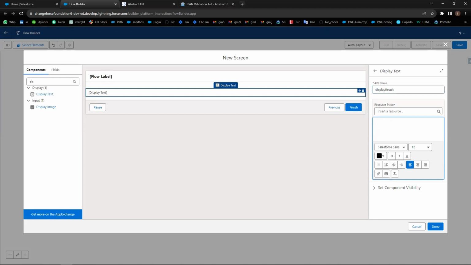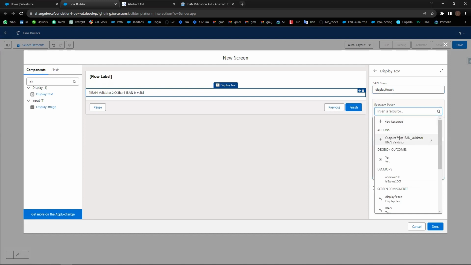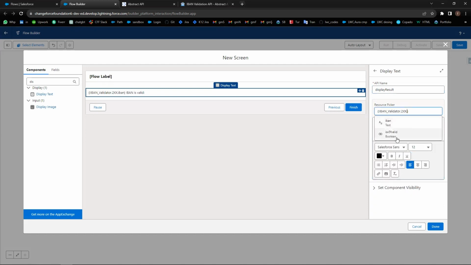Let's write simple wording. From the resource picker, we can choose 2xx. We go to action and we go to 2xx, and here we have the IBAN. IBAN is valid, and let's choose the result, valid, true or false. Okay, we have already defined our success messages,